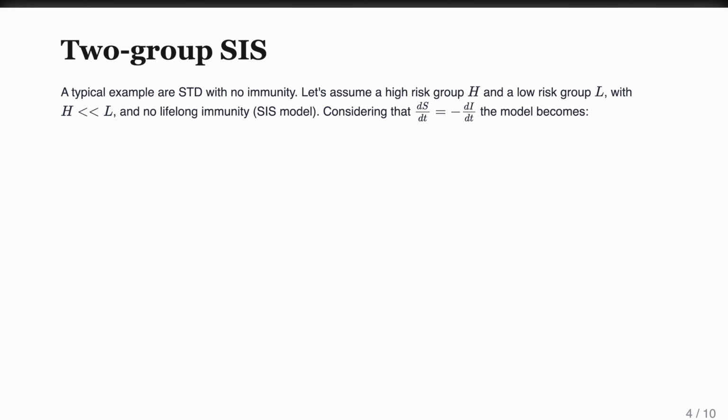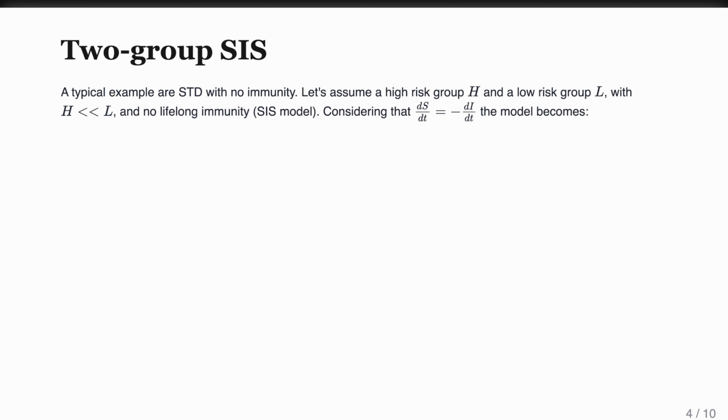But let's start simple. To explain some basics regarding heterogeneity in infectious disease models, we can start from a classical SIS model. That is a model in which infected people go back to being susceptible. There isn't any kind of immunity. This kind of model is usually used to describe sexually transmitted diseases, since very few of them provide any kind of long-lasting immunity.